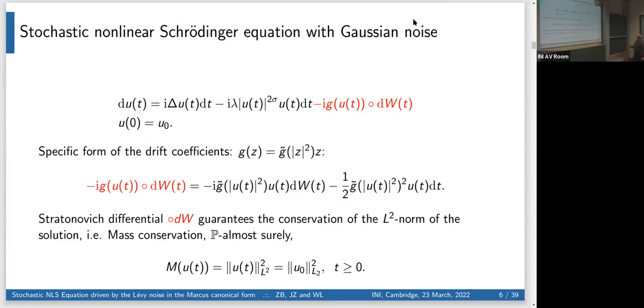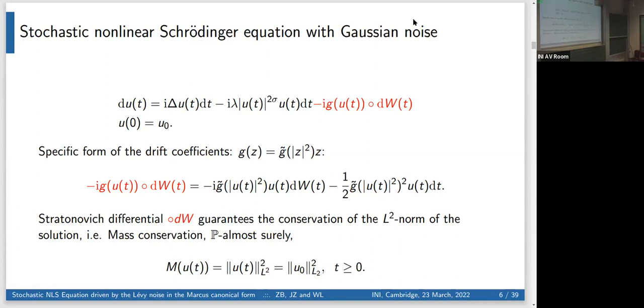So g depends on the complex number z, and it is in the form g tilde of |z|^2, where g tilde is a real valued function, multiplied by z. When g tilde is constant, we have a linear equation. So when g is constant, we have a function g being linear, and then the equation is called a bilinear equation. But we are considering more general g tilde, and then this